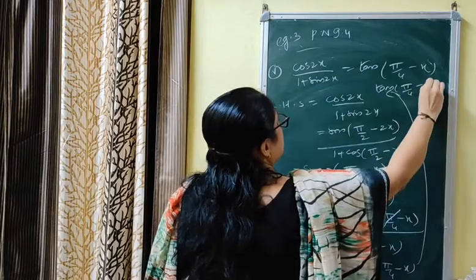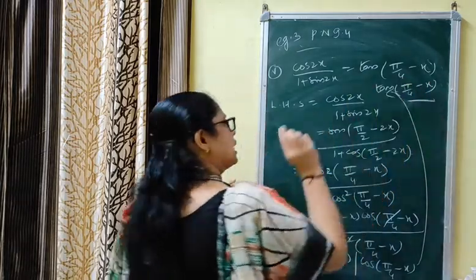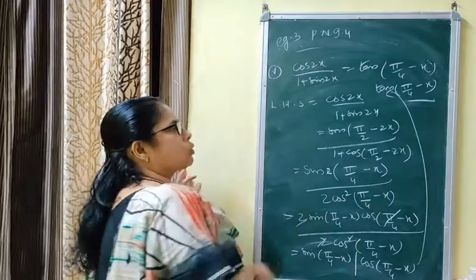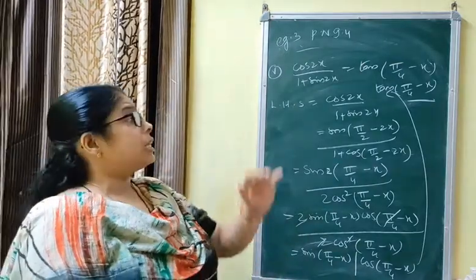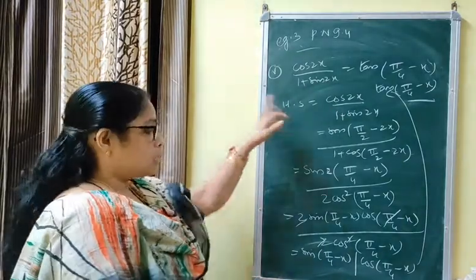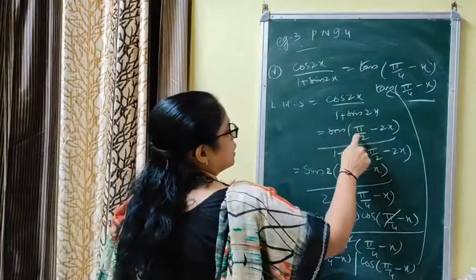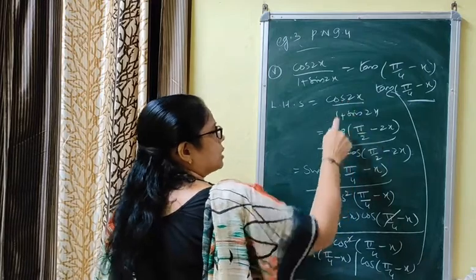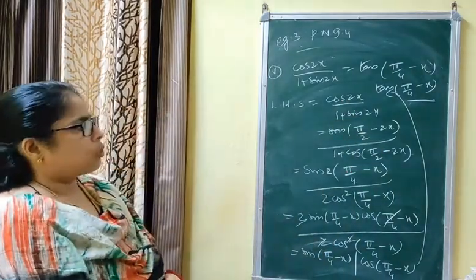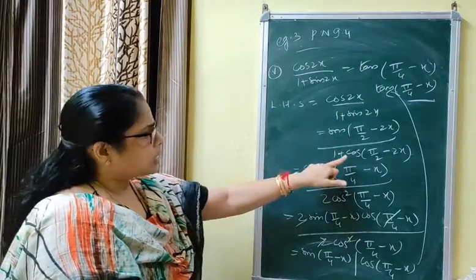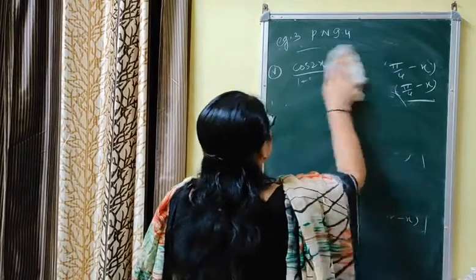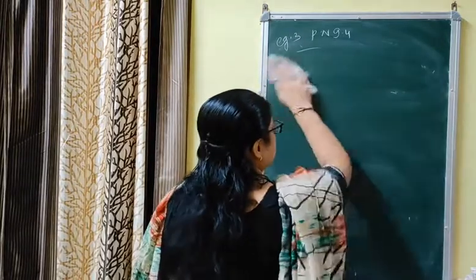So, in this type of question, you have to first of all read the question carefully and understand what you are asked to prove. In this type of question, first you have to understand what type of angle to bring, and what type of formula to apply. This is very important. That is, cos theta is changed as sin pi by 2 minus theta, and again sin theta is changed as cos pi by 2 minus theta. Very important. Do these questions 2-3 times, otherwise you will forget everything.